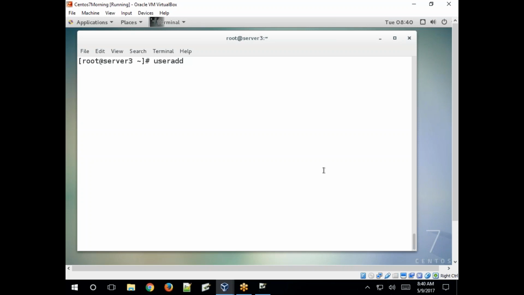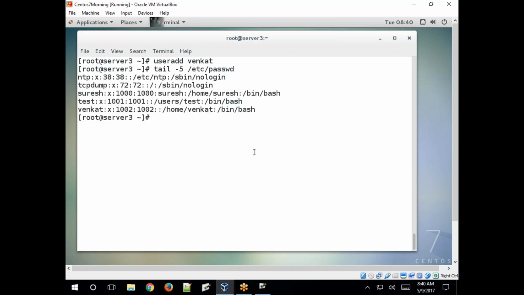So create Venkat. Without specifying any option, just simply specify useradd Venkat. So check with tail -5 /etc/passwd. Created, right?